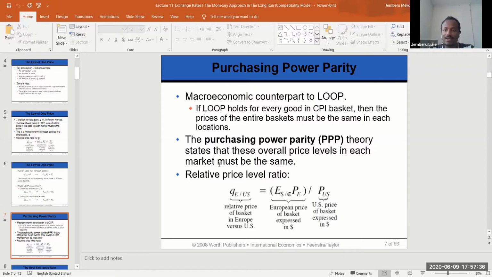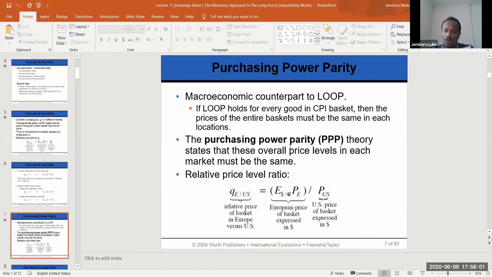of a single price we should talk about overall price, and CPI in ብንወስድ ለምሳሌ consumer price index, it will have a basket of goods and services. Then as long as the law of one price is holding for every good, we can say that it should hold also for the baskets of goods